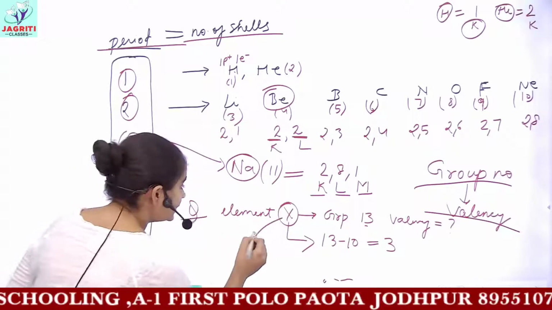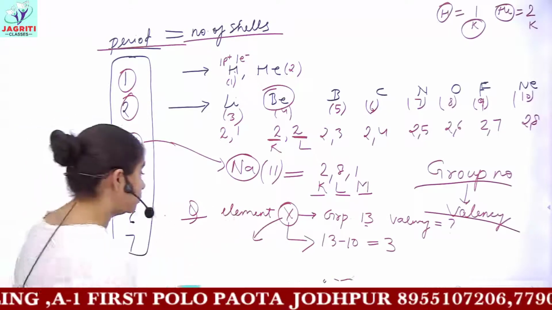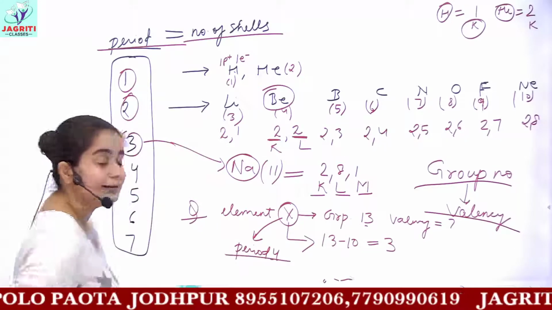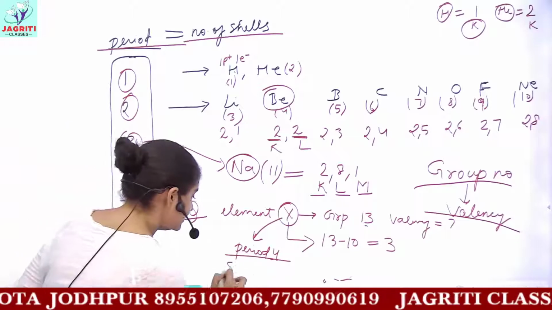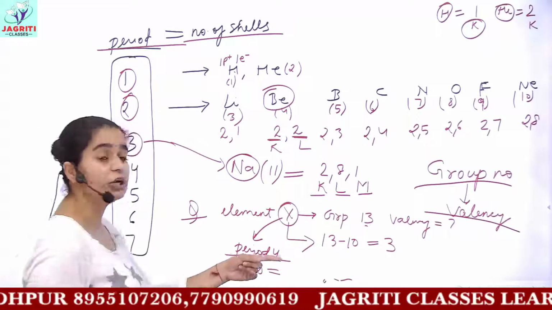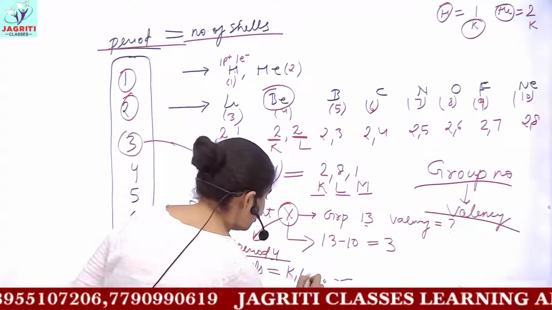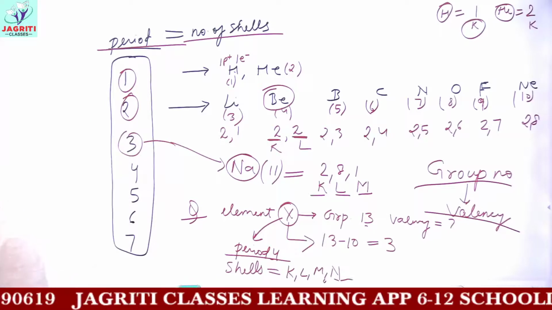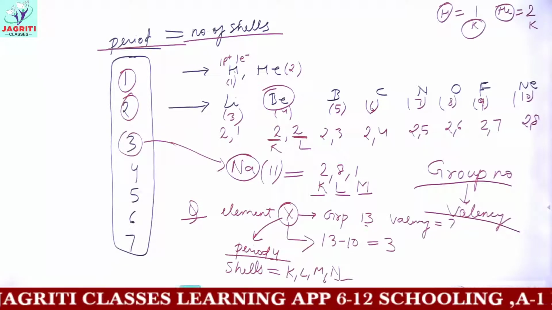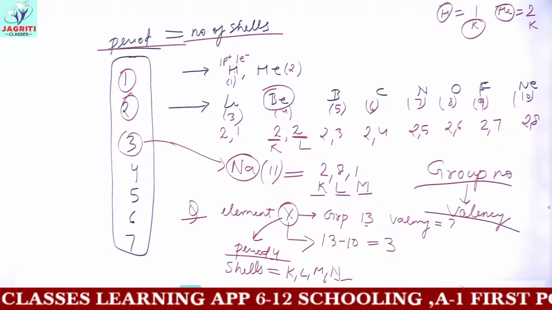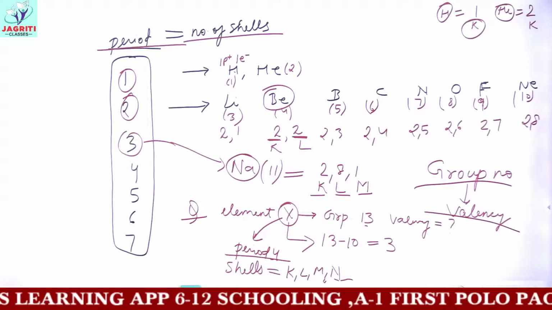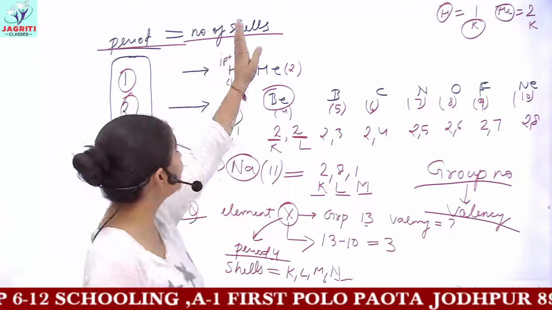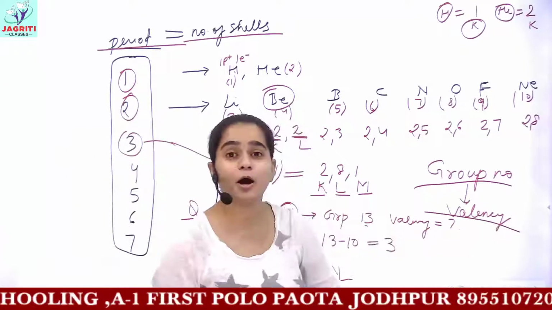If I ask you that this element X belongs to period 4, can you tell me the number of shells present? Yes, because it belongs to period 4, it will have 4 shells, K, L, M and N, because the number of the period tells you the number of shells. You may note down such questions, as you will find them in your examinations. By giving you the group number or the period number, you can be asked about the number of shells, and then about the valency.